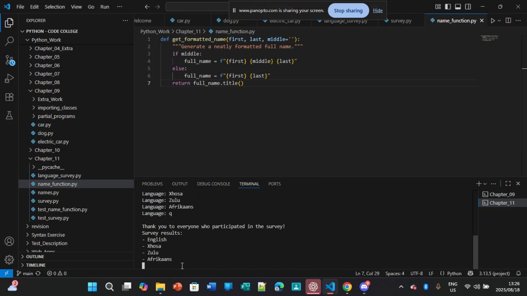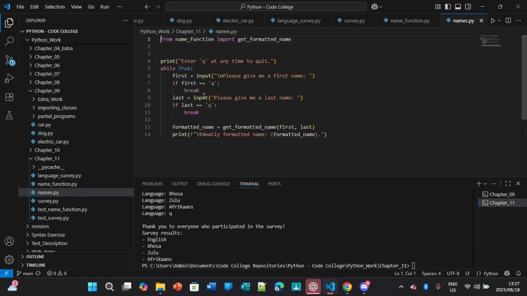So print enter q at any time to quit. So we got a while loop, right, which is true. So first equals input, in white space, which takes everything over, please give me a first name. If first strict equal operator Q, then break, right? Last input equals, please give me a last name. If last strict equal operator Q, then break. Formatted name equals get formatted name first last,